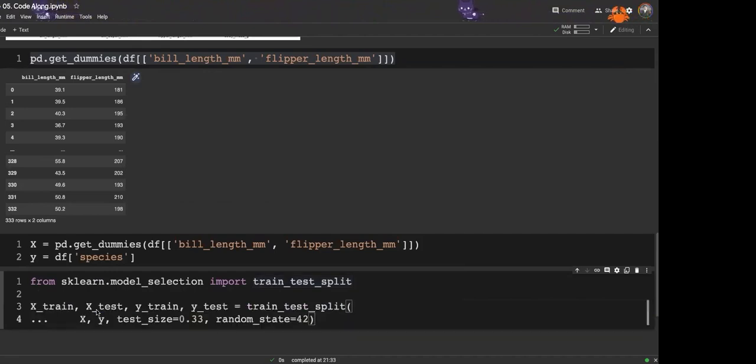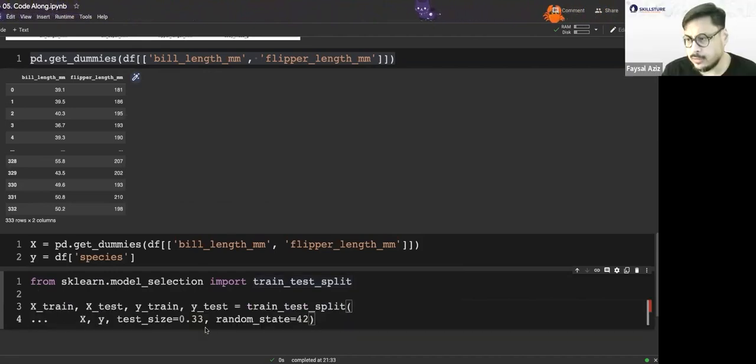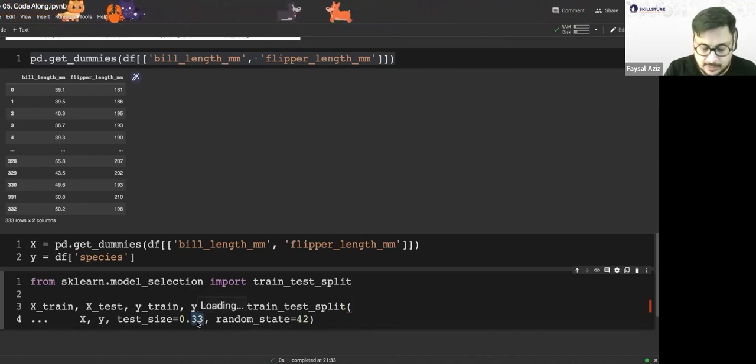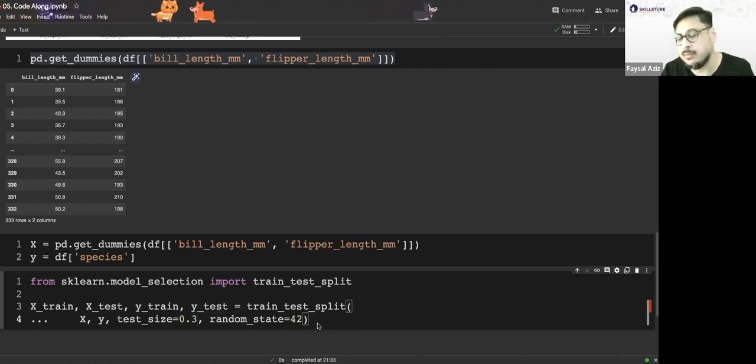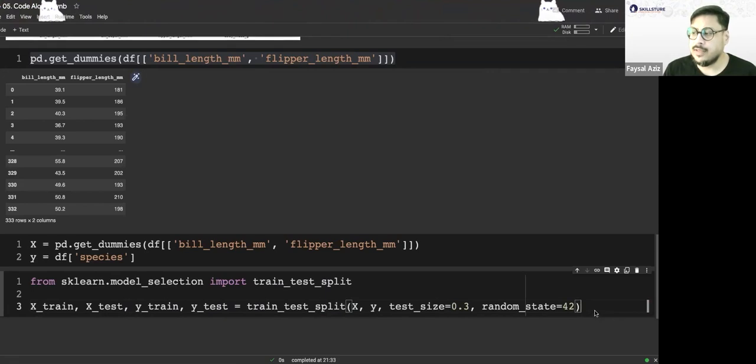And I just do this. Okay. The dot means it's just going into the next slide. Now, what does this mean? Well, basically, I've got my x, it's splitting x and y at 33%. Okay, let's not make it 33%, let's make it just 30%. And random state, it doesn't mean anything. If you do this random state 42, it means the randomness of yours and mine will be exactly the same.